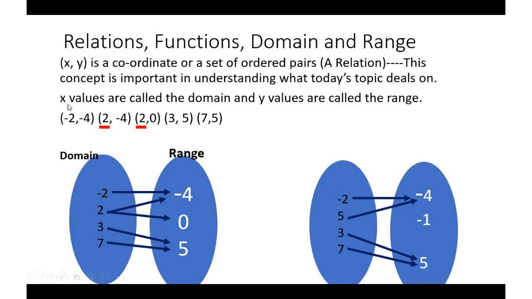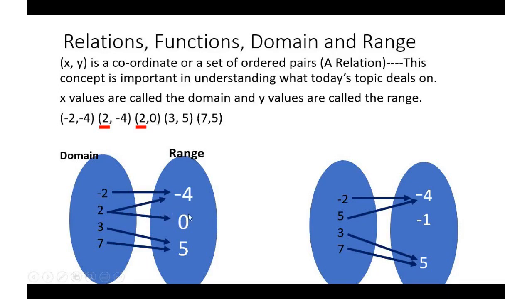Now, say we have a set of ordered pairs which you have here, a -2 and a -4 and so on. So you have this set of coordinates here. If you were asked to map it into a mapping diagram, this is what you're going to have. You're going to have the domain as all the X values, the input values, -2, 2, 3, and 7. You can clearly see that I only wrote the two once, even though it appears twice here. Now, even though it's appeared twice, you are only allowed to write it once and use your arrows to map